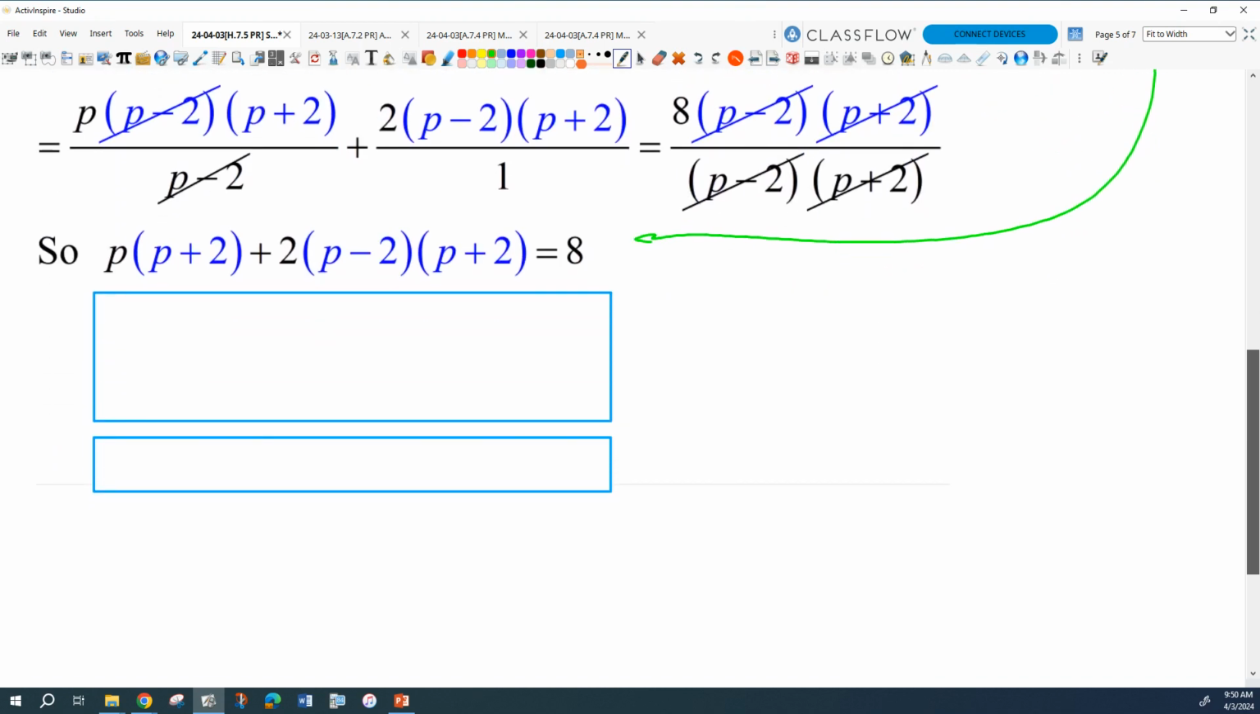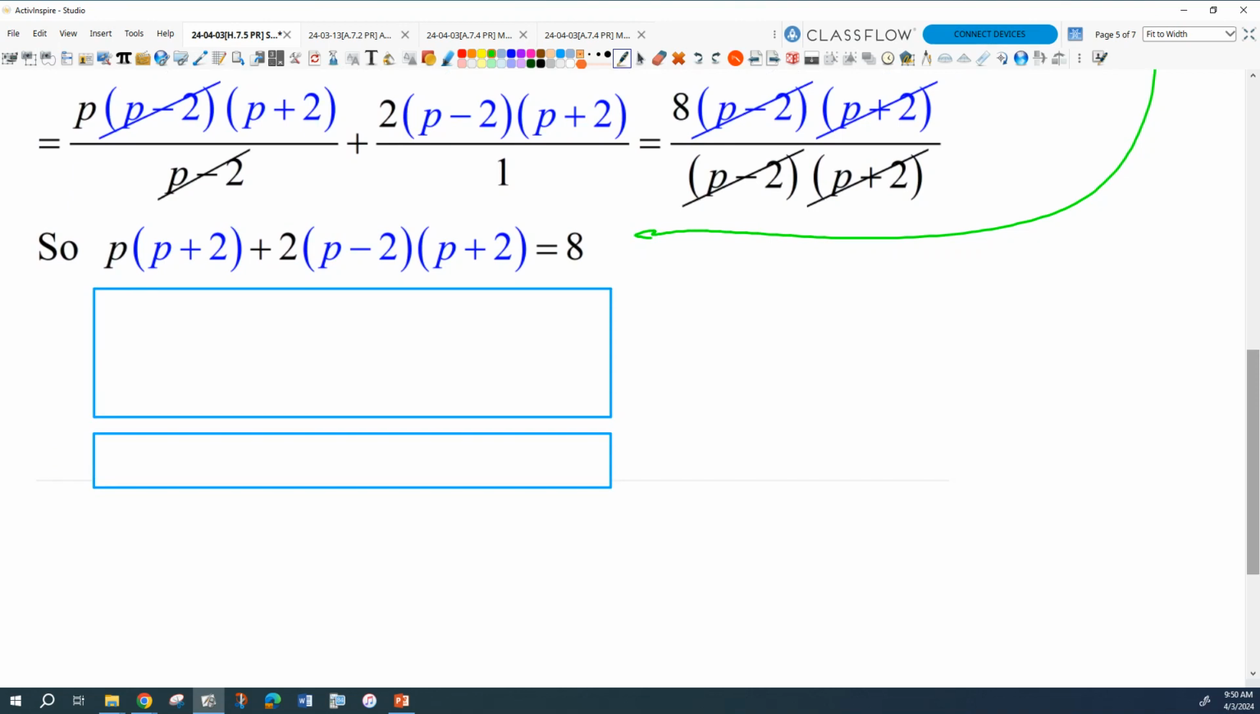And now it's just a bunch of work, right? But we're done with the fraction part. We've got our exclusions. This looks like something you guys would have done last unit. What would we do here now? Distribute. Good. So if I distribute,